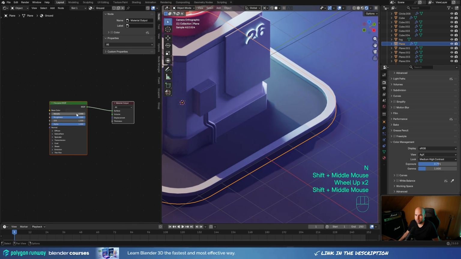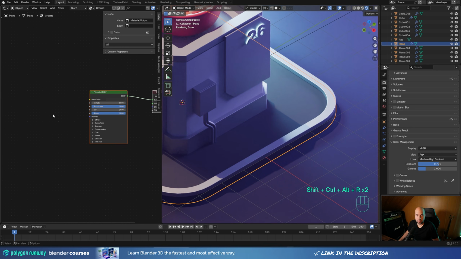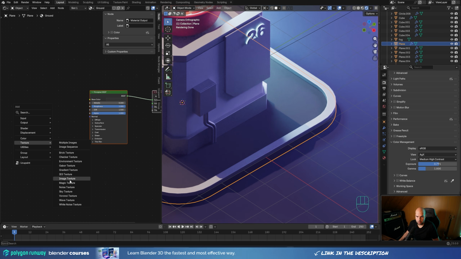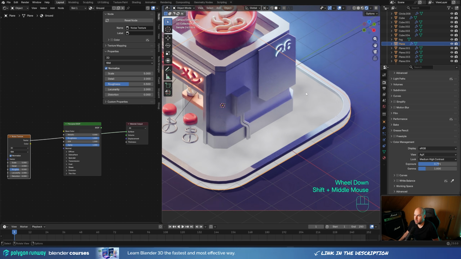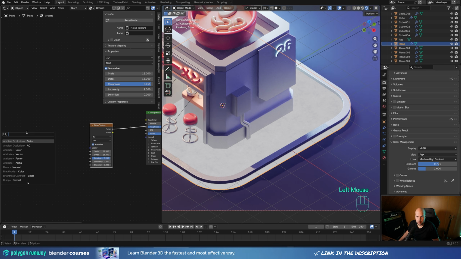Let's zoom in a little bit, and basically I will just add a noise texture here. So let's press Shift A and let's add texture and a noise, and let's just connect the texture to the surface shader so we can see how it looks. You can see this is now just like a blobby, blurry noise. But we can work with the scale here, and we can bring up the detail, and we can bring up the roughness here. And now we can bring up the mapping